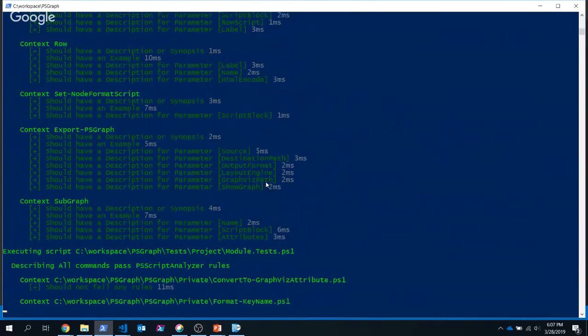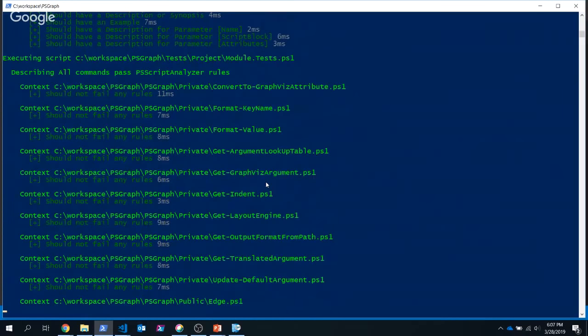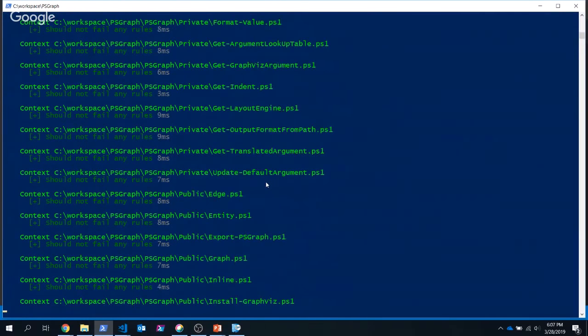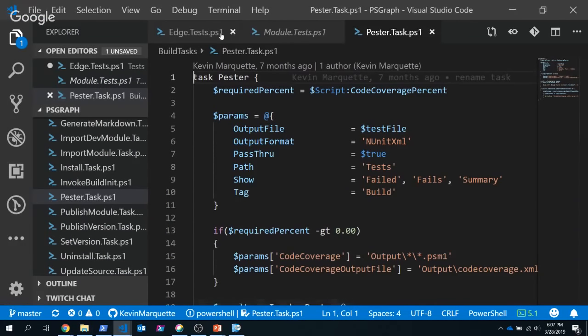As this is running, we're actually seeing the script analyzer rules running, doing a thorough validation of my entire module. I'm going to bail on it here so I don't have to wait for the whole thing to run. But there are several parameters for invoke Pester, such as tags, where I might label some stuff as build type tests. In fact, if I hop in here,